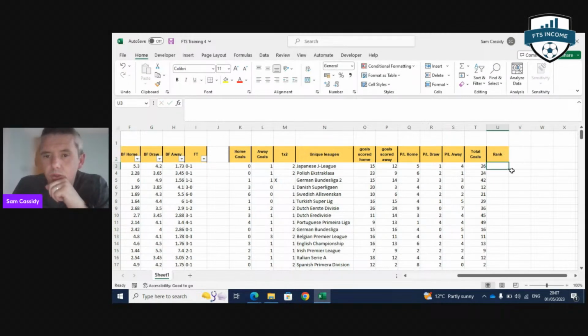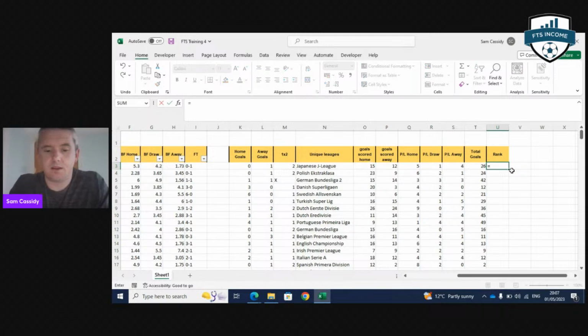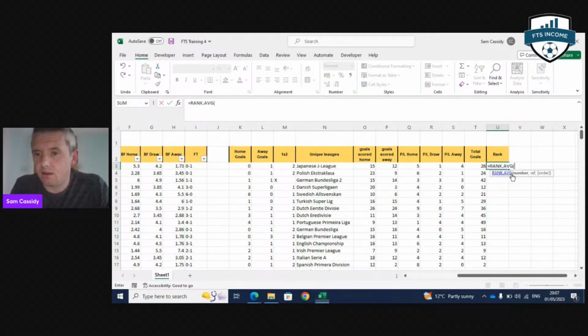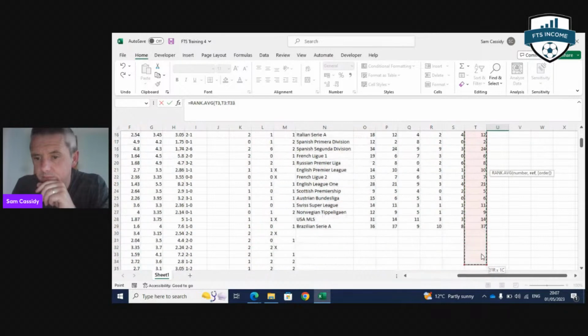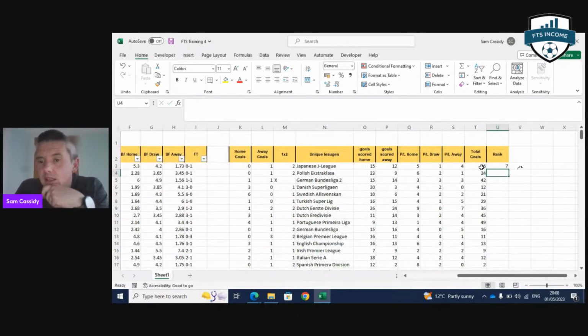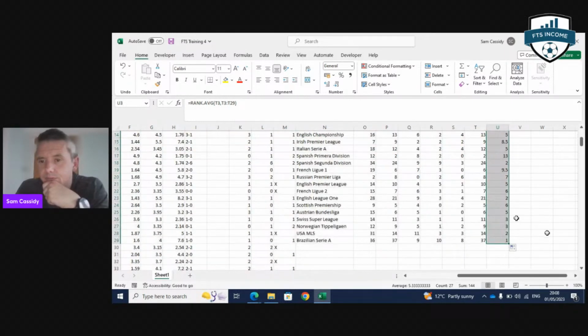Now there's a formula called the rank formula, and how this works is we're just going to pick a rank. I want to rank this number from these cells here. Okay, press enter. So that's telling me 26 is the 7th highest rank. And then if we drag that down,